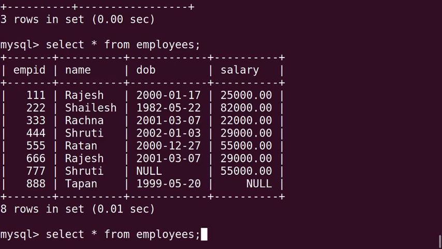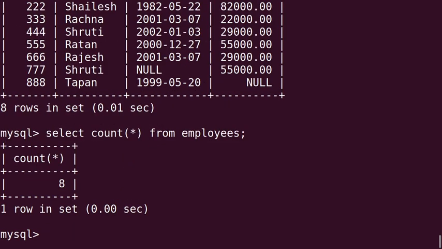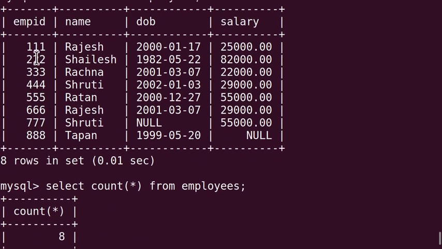First, select count star. If we want to see the output, check. It returns total how many records are present in the table, that is 8. Check from the table, total 8 records are there in the table.